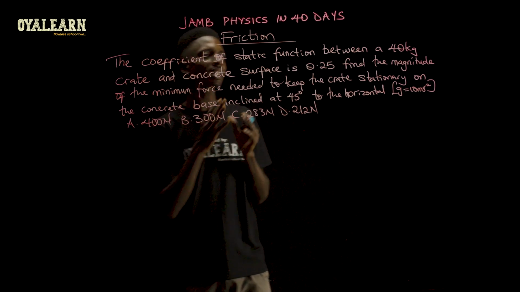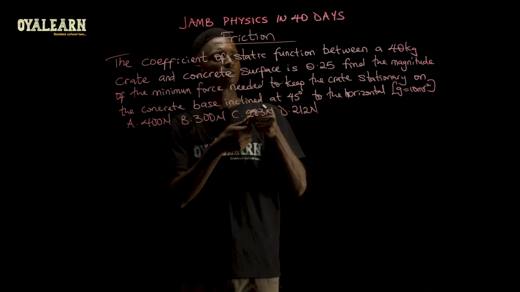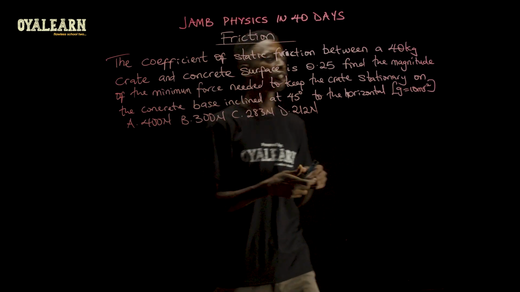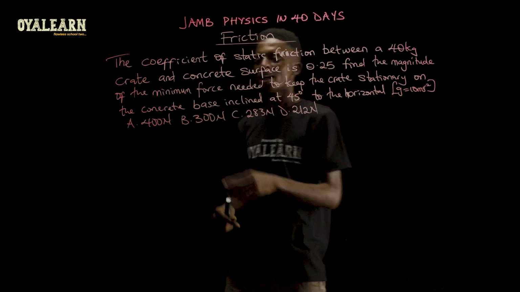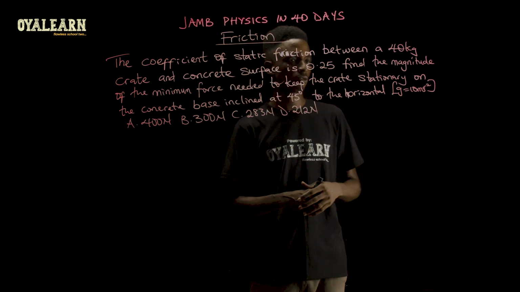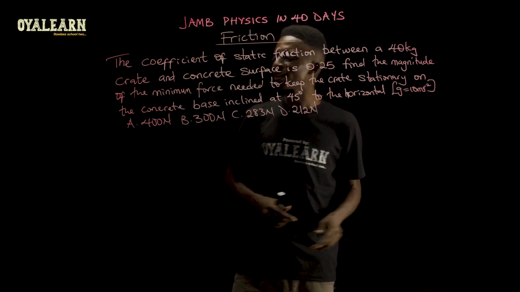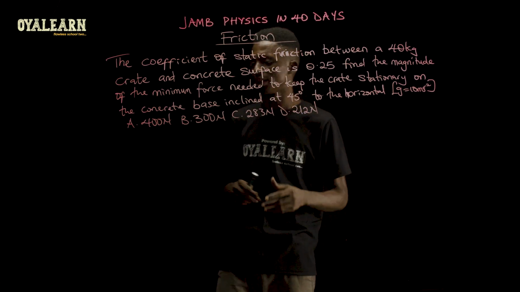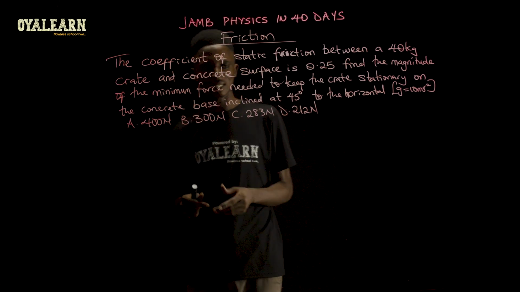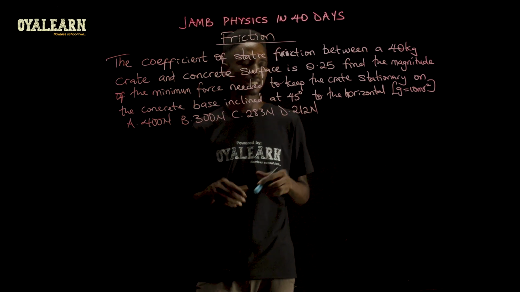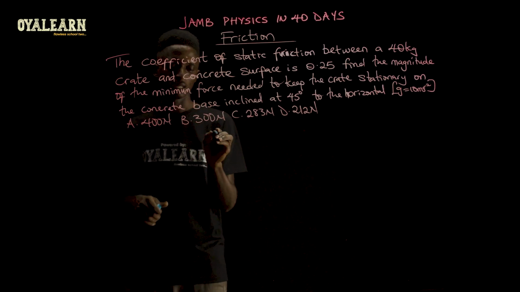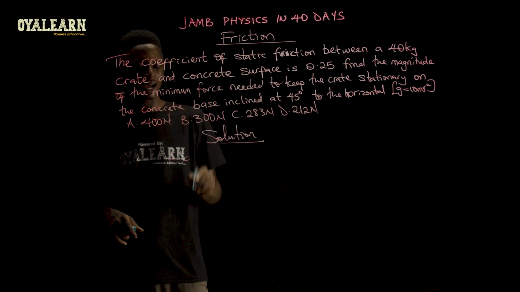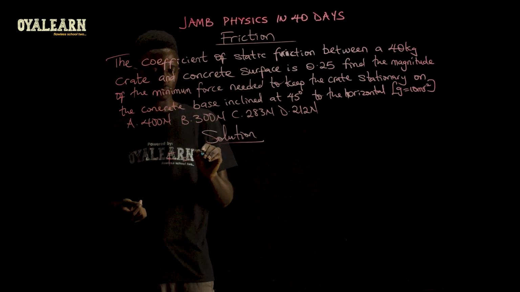The coefficient of static friction, this ought to be friction. All right, the coefficient of friction between a 40 kilogram crate and a concrete surface is 0.25. Find the magnitude of the minimum force needed to keep the crate stationary on the concrete base inclined at 45 degrees to the horizontal. Now the force required is going to be the frictional force, which is